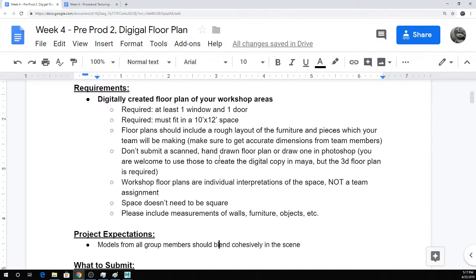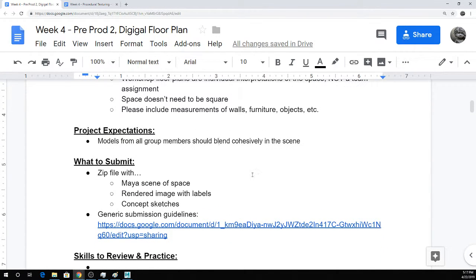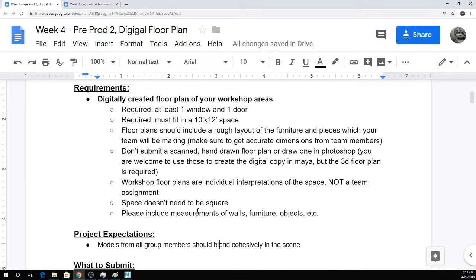Any questions on that? All right. And then just zip me your Maya scene with the space, rendered image with labels, and if you happen to have any concept sketches, throw those in as well. And in case anyone was wondering, the only real reason that this is required to be